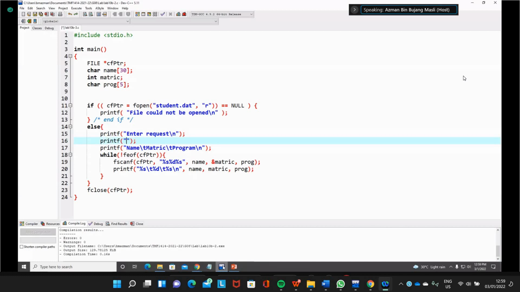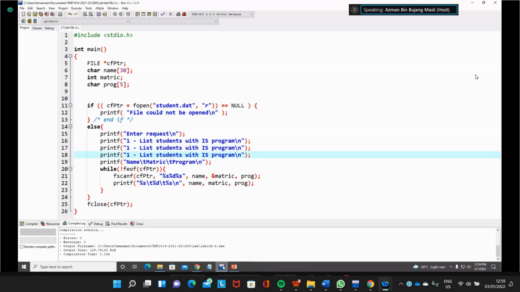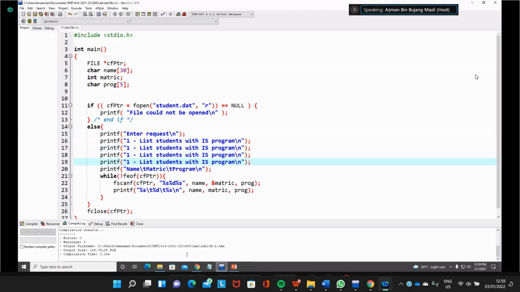This is number 1: list student with MC IS program. And then we have another one, and then another one, and the last one is for exit.